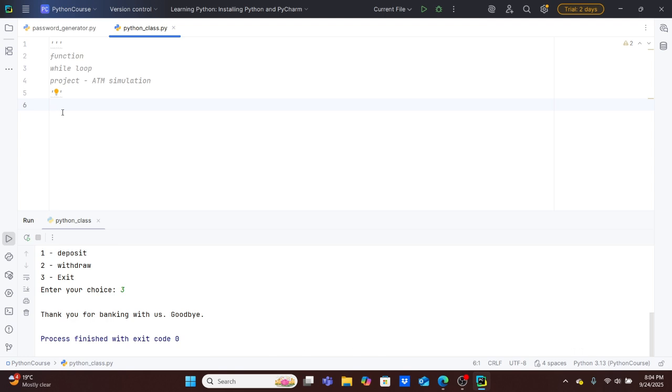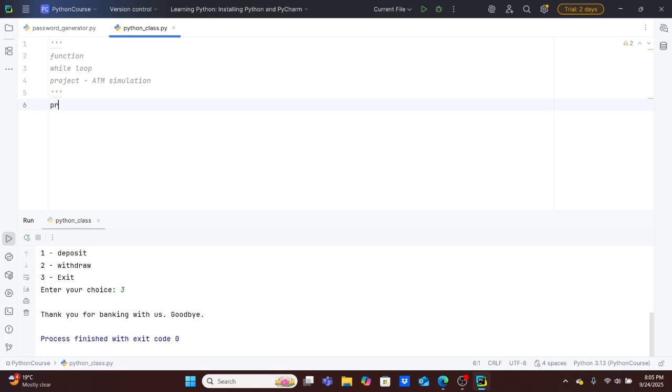What are functions? Now, functions are a reusable block of code. They help you follow the principle of DRY, which is don't repeat yourself. Sometimes you write your program and you need to repeat some block of code again and again. Instead of doing that, you can just write the code inside a function and you can do what we call calling the function. You can call the function, and Python has a number of built-in functions, and we have been using